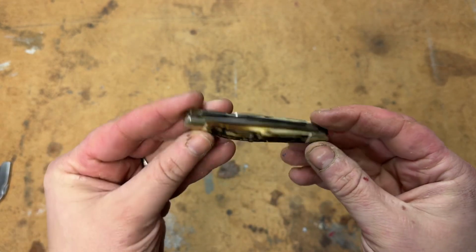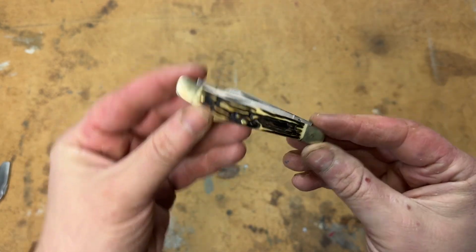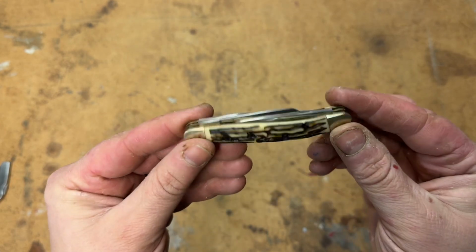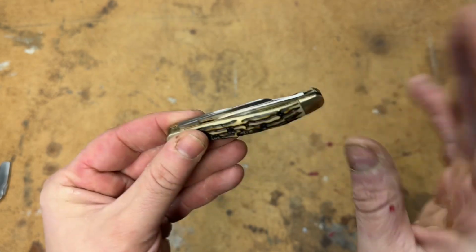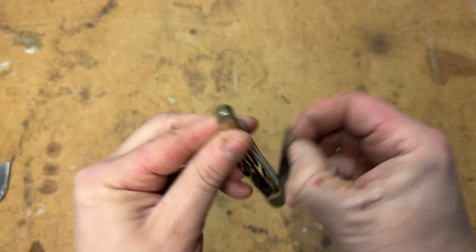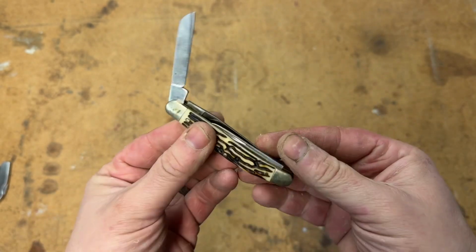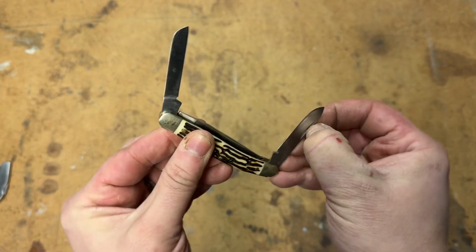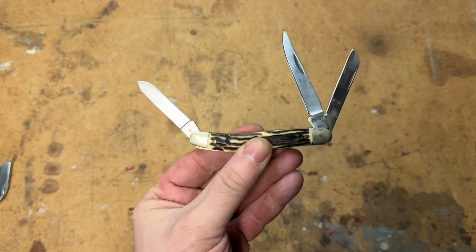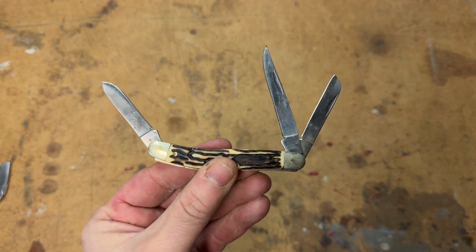I think a knife like this one, by Schrad, I think, is very elegant looking. I think it is a great accoutrement or accompaniment to anything that you could be wearing. What makes these so functional is that they have multi-blades. A lot of them have 2 blades. This one has 3 blades, and it is kind of my favorite, and it's the one that I carry